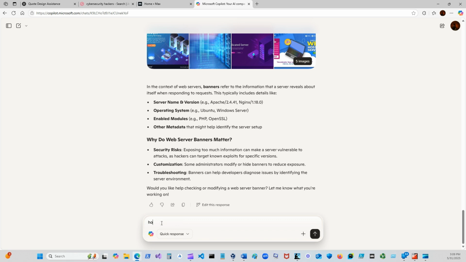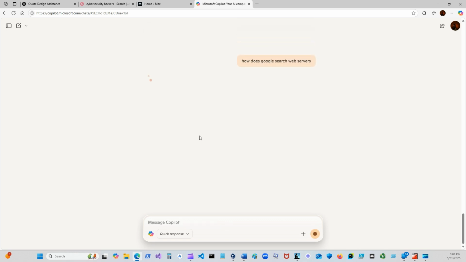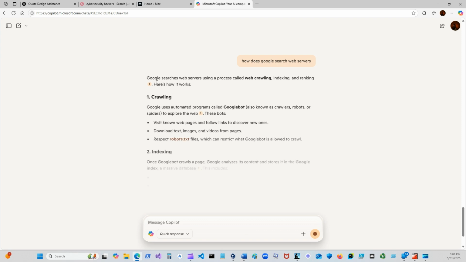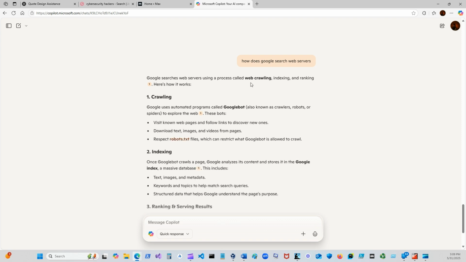Now I'm going to say, how does Google search web servers, or web pages? Google searches web servers using a process of web crawling, indexing, and ranking. Here's how it works.